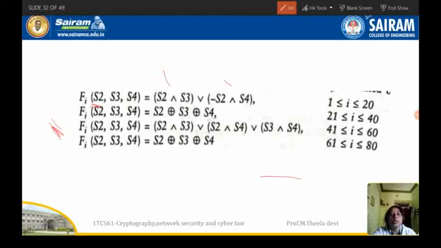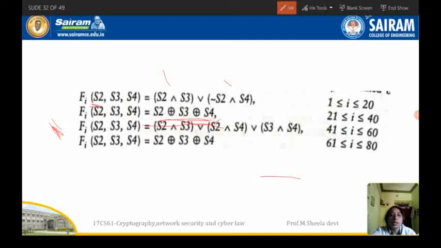For the remaining rounds 21 to 40, the output will be the XOR of the S2, S3 and S4 values. And for 41 to 60 rounds, the function is S2 AND S3, the output ORed with S2 AND S4, which is again ORed with S3 AND S4.